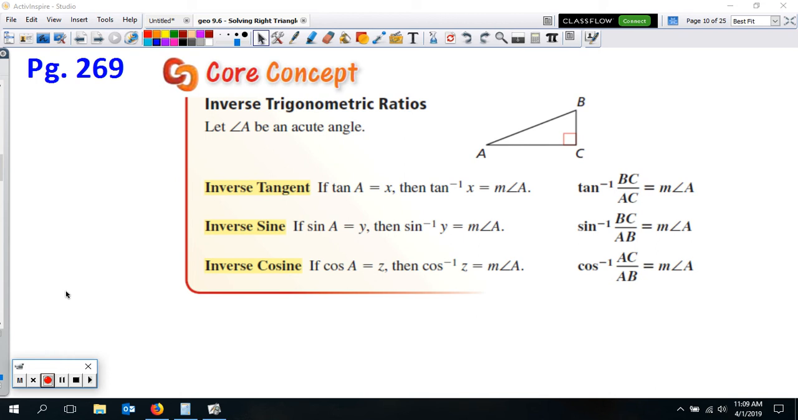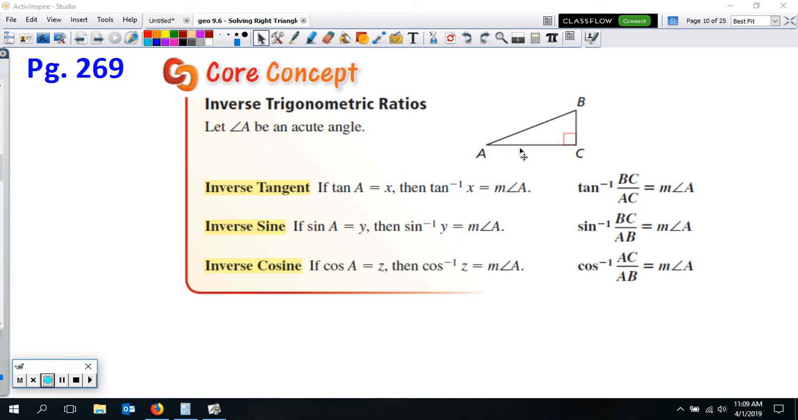Okay, so on page 269 you see this core concept, and here are the three inverse trig ratios. You can go ahead and highlight these. These are pretty much the vocabulary words for this section. It says let A be an acute angle. So you have your right triangle here, and A is an acute angle. We don't know what angle A is, but we might know some side lengths, and so we can use the inverse trig ratio to find the angle